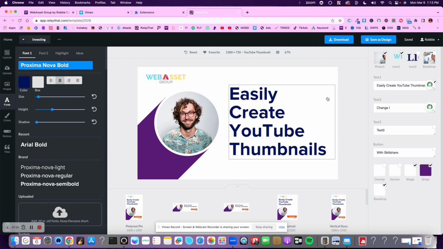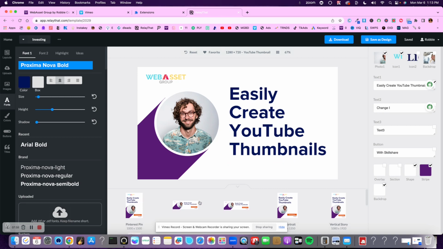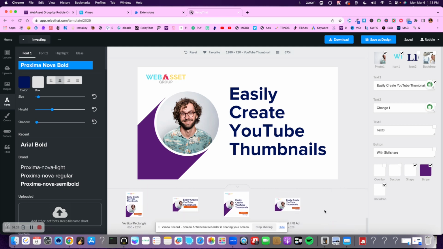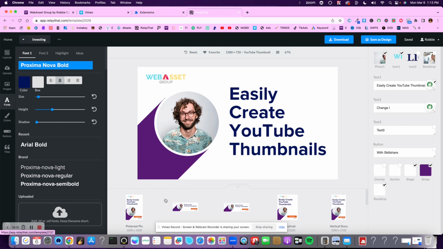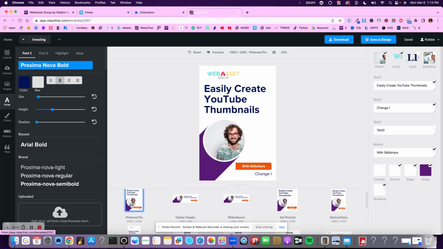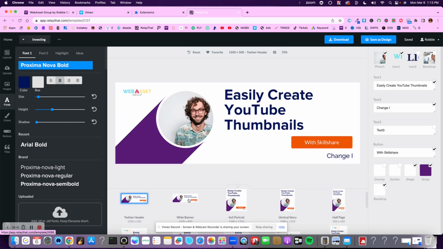On top of that, it's very clean. And if you look down here at the bottom, it's created multiple versions of that graphic for me automatically. That is the power of this thing. Look at that. For instance, here's one for Pinterest. Here's one for a Twitter banner. If I wanted to use it for Twitter,